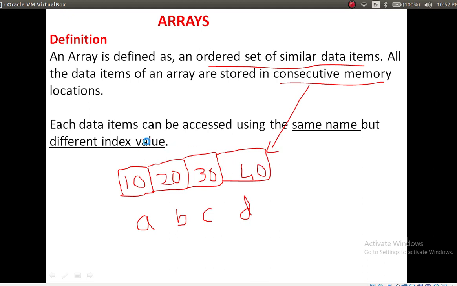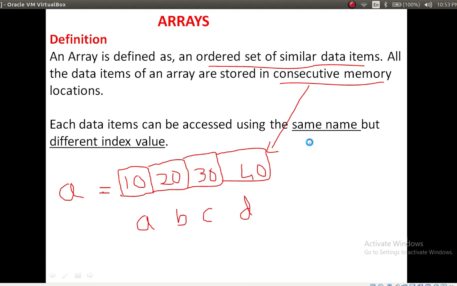And one more concept: each item can be accessed using the same name. Same name means what? Here I am giving an example, try to understand this, but it is not standard syntax. Here my array name is A, having the data items 10, 20, 30, 40. These we can call elements, or values.